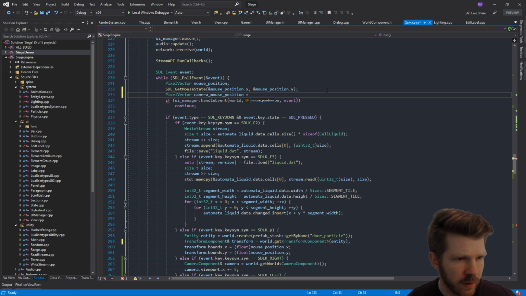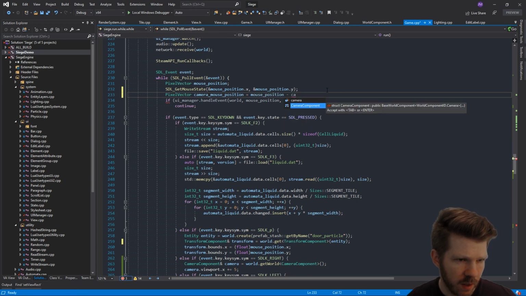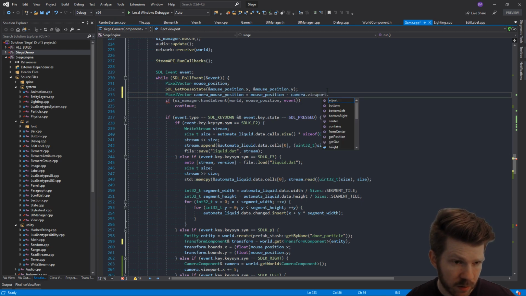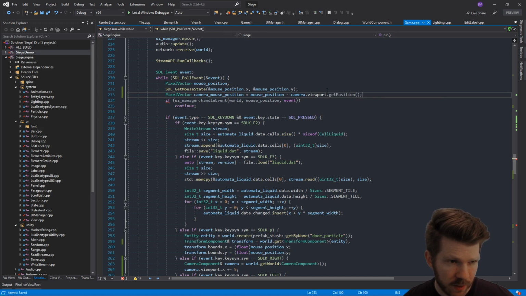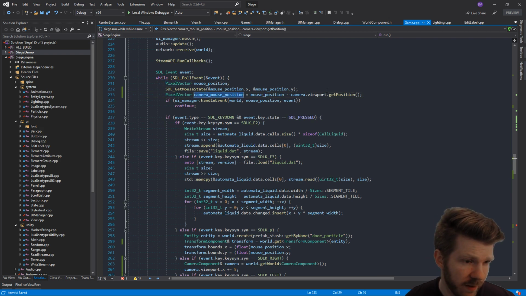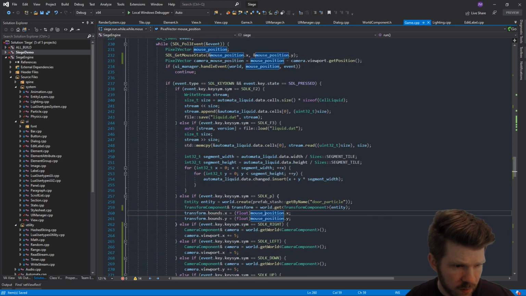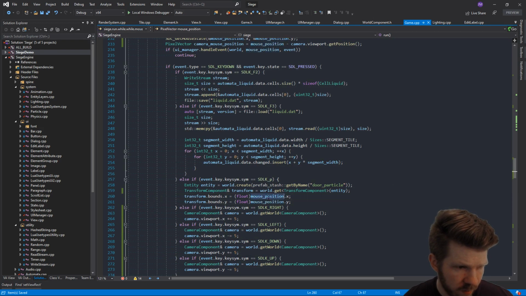Which will be the mouse position minus the camera viewport position. I think that's right. Might have that flipped around. Handle event. That's for, so yeah, really we want